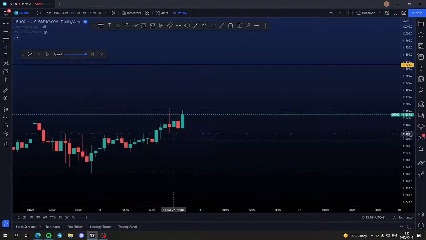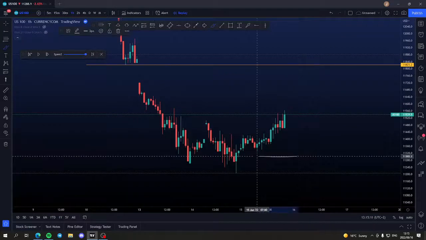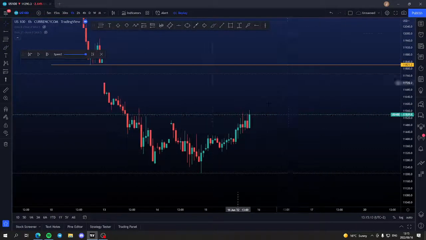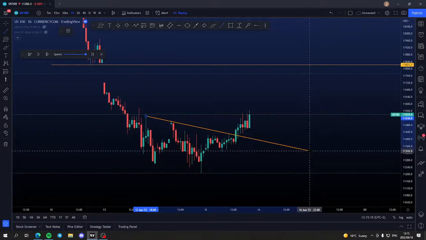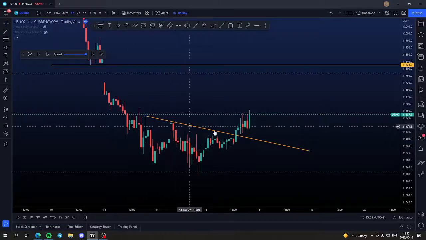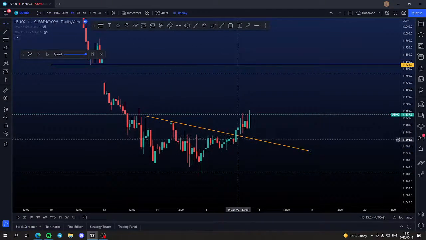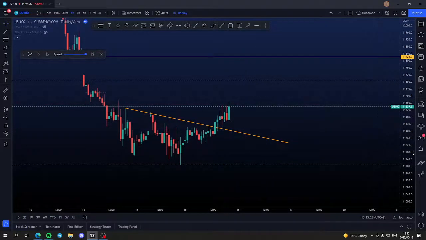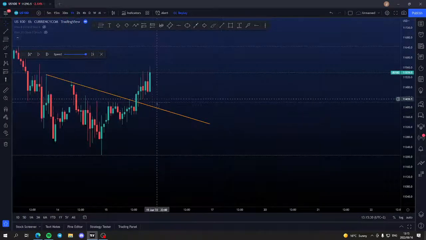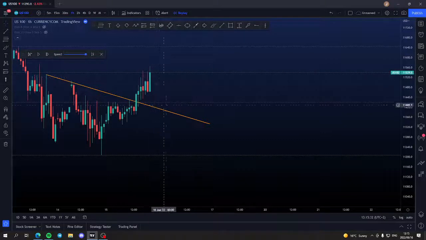Now, on the actual 1-hourly time frame, this is where I found myself having a nice actual descending trend line from my actual turning point over here all the way down. Having a first touch, second, third, we had a break, had a wick thrown towards the downside, and had a nice move towards the upside, but with me seeing that we haven't had a proper retest just yet,